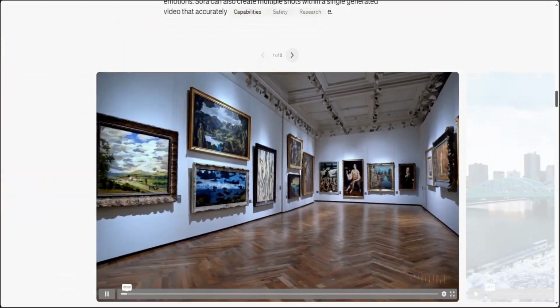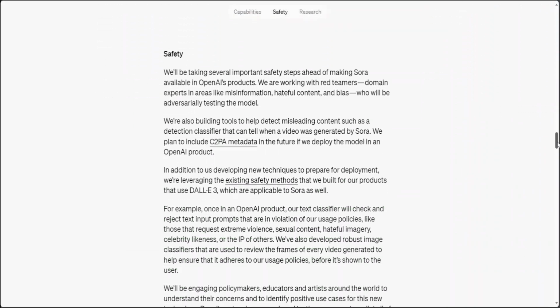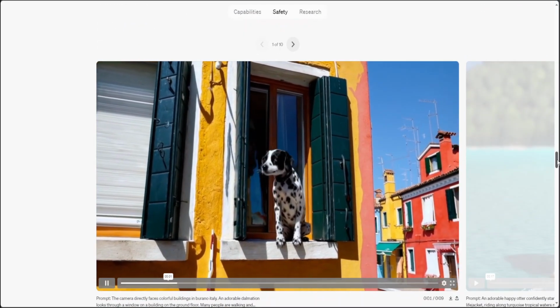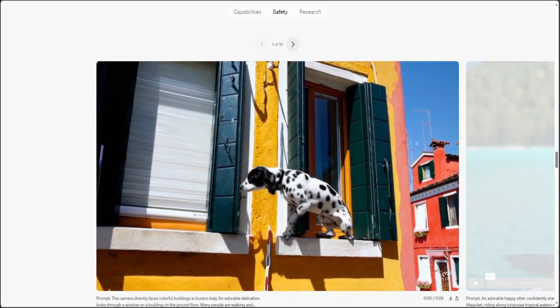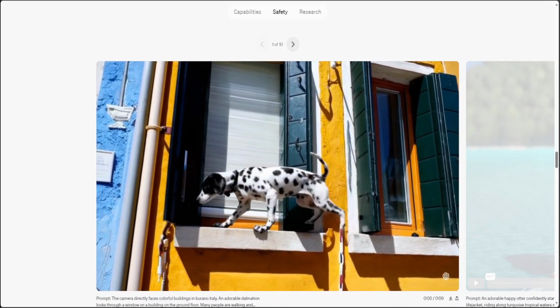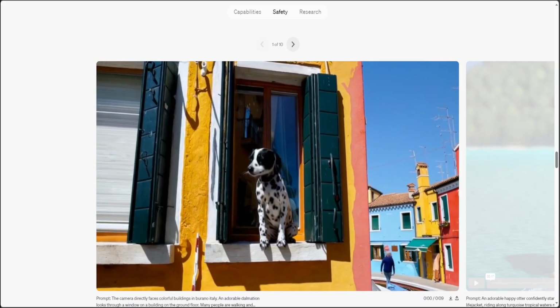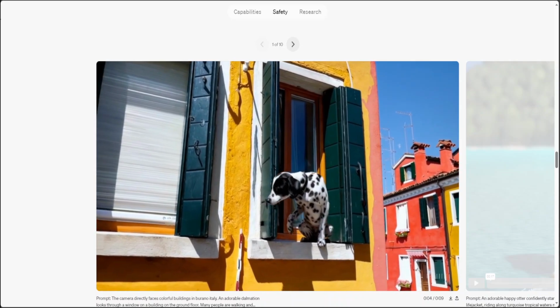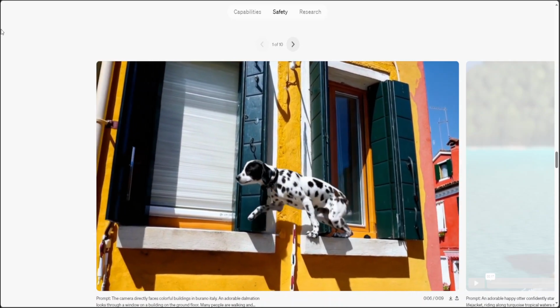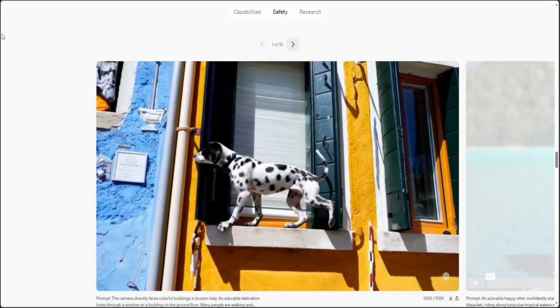Okay, so I could play these videos all year around. I mean, these are so awesome. But I'm just going to play these videos, but at the same time, let me give you a bit of a more technical background around this. So, what has happened here is that they have come up with this Sora, and they have taken the inspiration